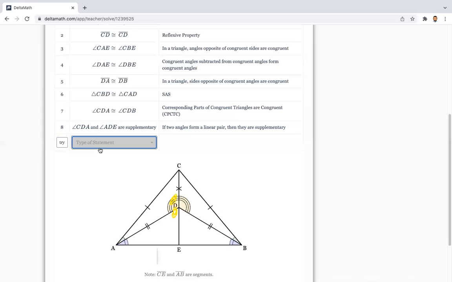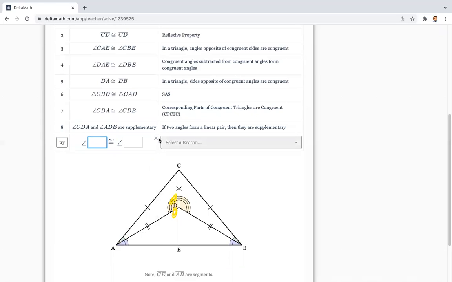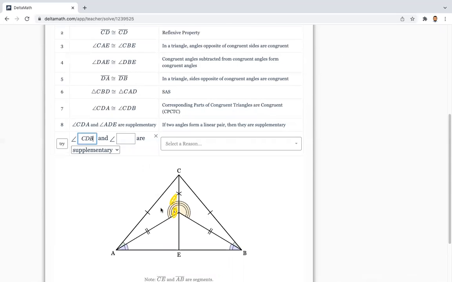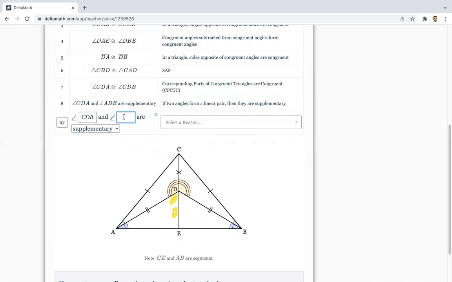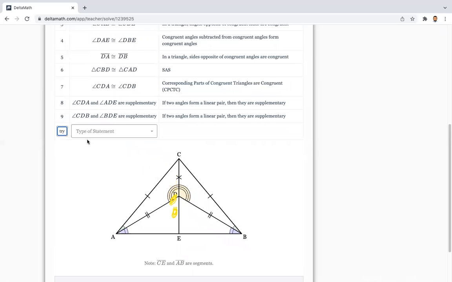I should say that same thing on the other side. So CDB, supplementary, CDB and BDE. Linear pairs are supplementary. And now I should be able to state that those two angles,